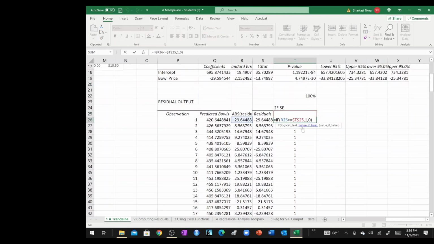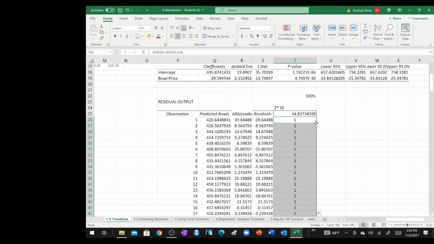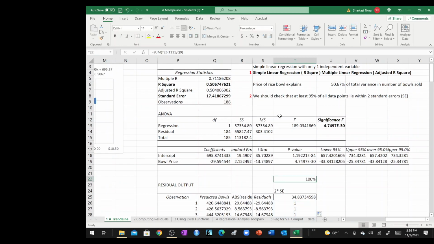You need to make sure that you add the dollar signs before the column letter and before the row number, which is here 25, so that you freeze the reference of that cell, and then double click on the corner to copy the equation all along. Now we need to check if at least 95% of the data points lie within two standard errors. So we take the sum. We signal 1 whenever the point lies within two standard errors, over the number of observations, here 186. So here we got 100%, so it's true. We can write here for the standard error a total of 100%